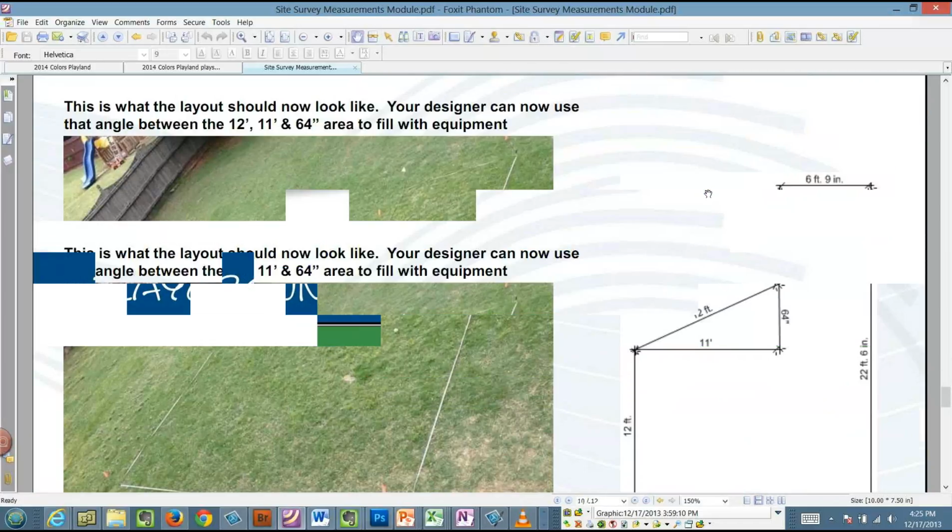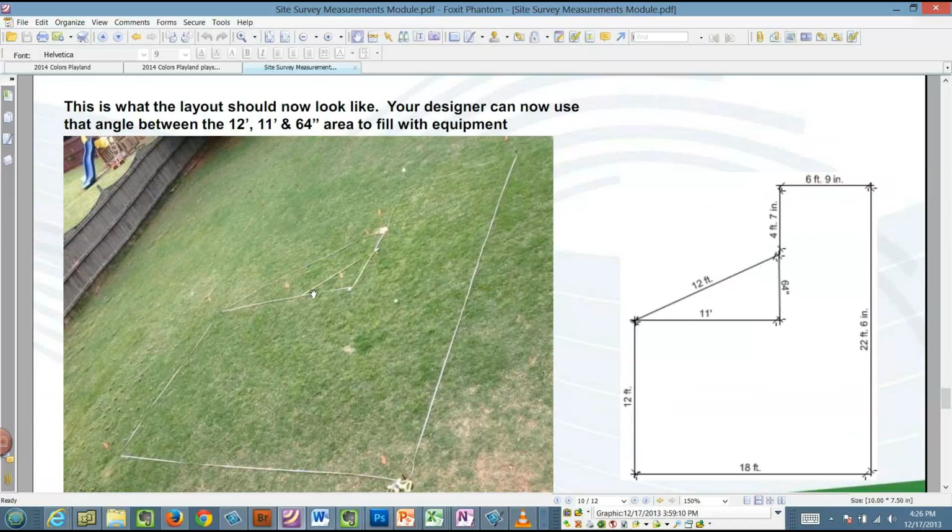Okay. This is ultimately what it looks like when you've strung everything out. This tape measurement from here to here is 3 feet. This measurement from here to here is 4 feet. The measurement from here to here is 5 feet. Okay. Once we have that,